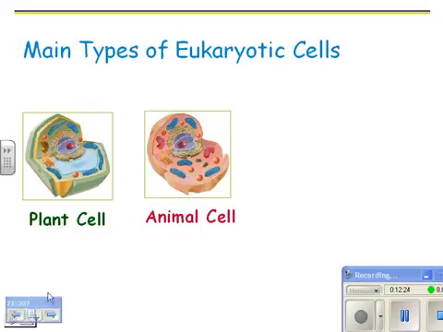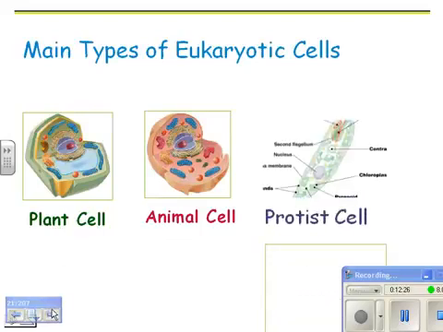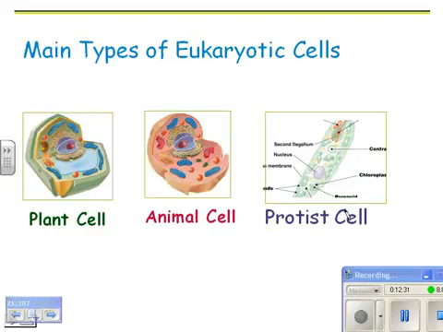like centrioles, for example. And then there are protist cells, and here's the thing, that's just one particular protist cell. These are single-celled, whereas the others are mostly multi-celled. All bacteria are single-celled, but protists are a type of eukaryote that's single-celled. And there are tons and tons of different protist cells.